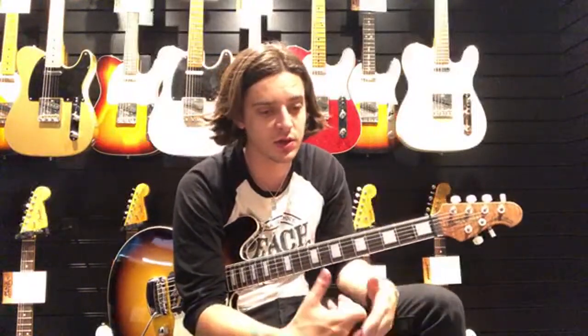Now, I personally prefer modern guitars because you know exactly what you're going to get. You know the backstory, and you know everything that guitar's been through from its origin. You can trace it back very easily, and what you see is what you get, and that guitar is only going to improve. But when you play an old guitar,